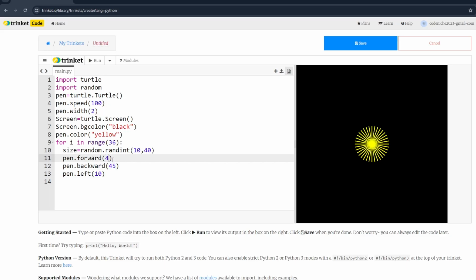So now how can we change that? Instead of giving forward a static value like 45, let's use the variable size. As the name suggests, it's a variable, so its value can vary, but its value will only lie within this range, from 10 to 40. Now let's see the magic if we were able to achieve it. We have done that. Now it does look like a firework. If you want, you can increase it and make it a little bit bigger so that it is much more defined. So this does look like it. Now we have achieved a single one.